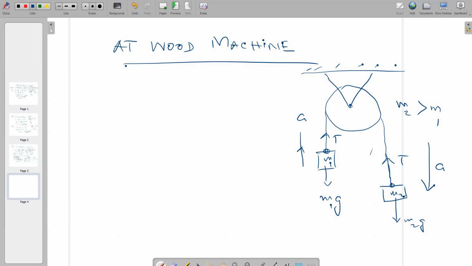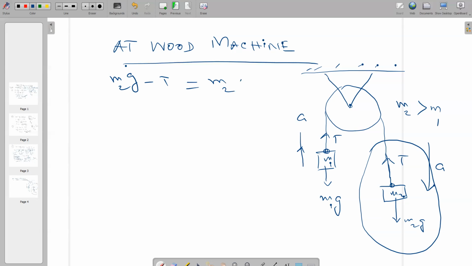Okay. Now we want to write the equation in this side or in this side. Okay, let's see this part. So you can write that M2g, it is going down. So that's why M2g minus T is equal to net force, and net force is M2a. This is for this side. Now for this side, it is moving up. It means T minus M1g is equal to M1a. Now we have these two equations. So from these two equations, we can find the acceleration.